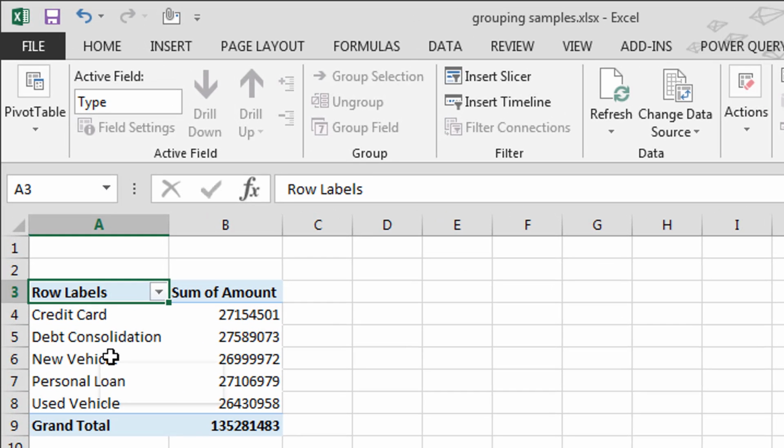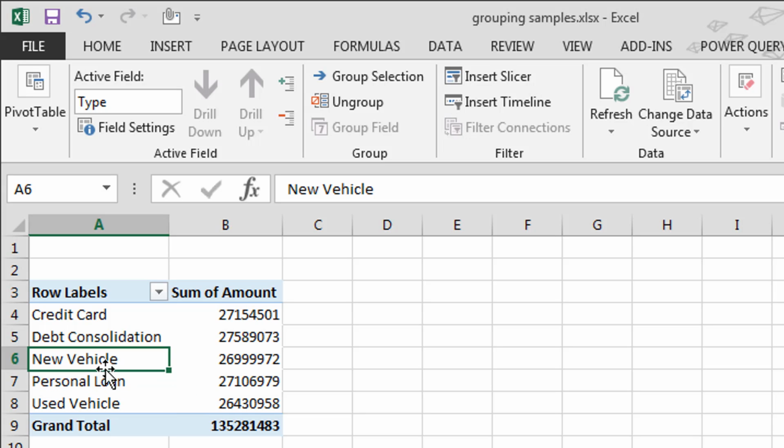Okay, so the first thing I'm going to do is show you how to group some of these items here. I have new vehicle and I've got used vehicle. So I'm going to go ahead and manually sort this. I'll pull the new vehicle down so it's next to the used vehicle. And if I highlight these two, I can